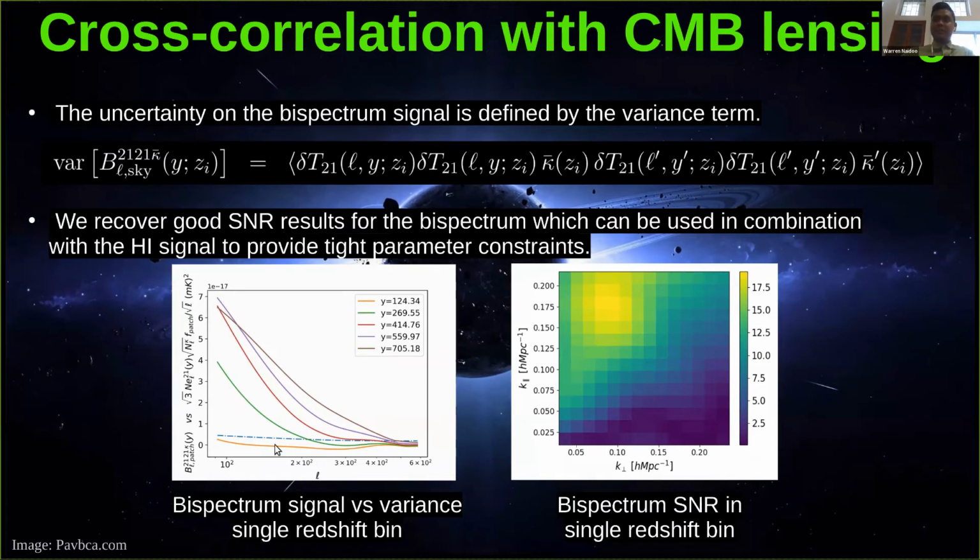What we can see is that if we convert this to a signal to noise estimate in a single redshift bin, the peak now is about 20 in each of these pixels, right? And this is after the foreground modes have been cut. So that's quite a significant boost compared to just the 2-point function. So we have really high signal to noise in both the H1 auto and the bispectrum with the CMB lensing case. We can convert this to